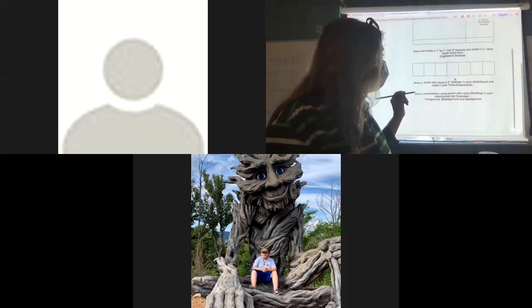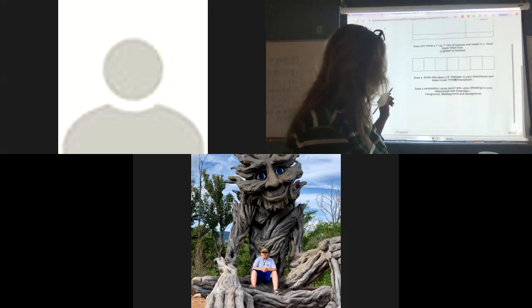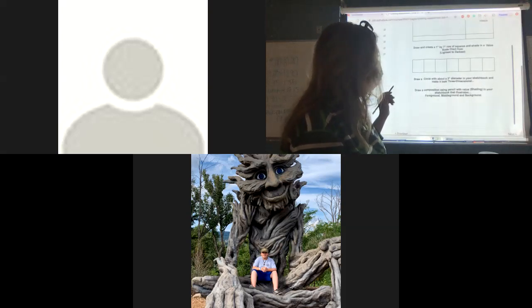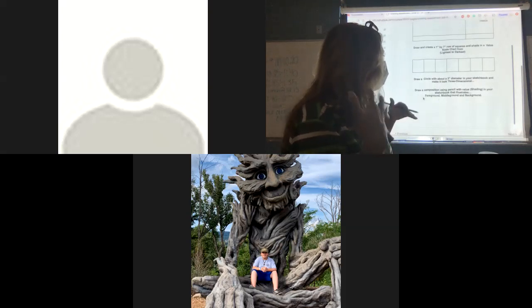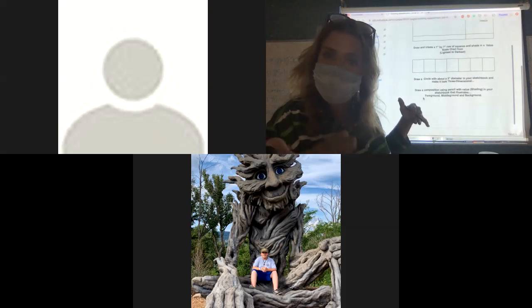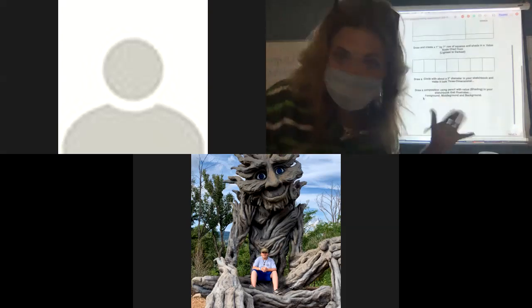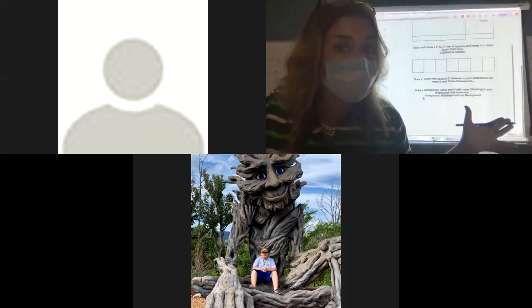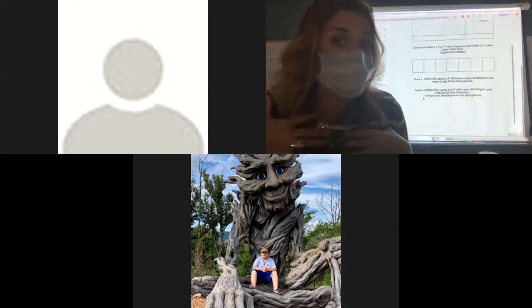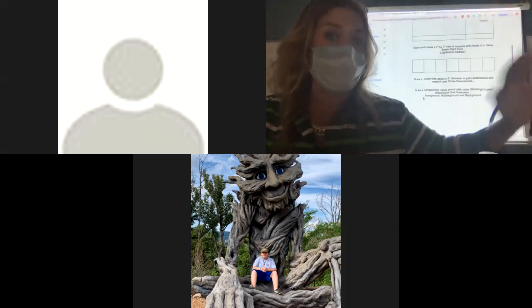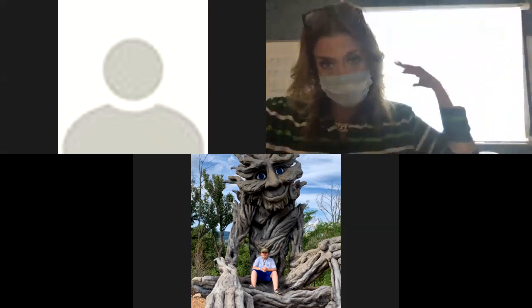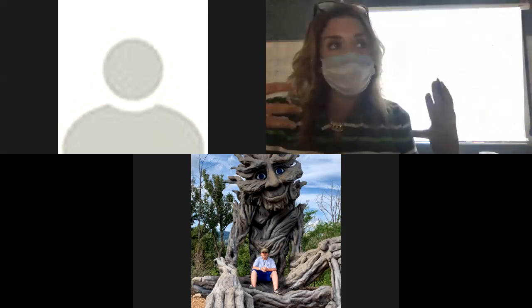Okay, and then the last thing you're going to do is draw some sort of drawing that shows the foreground, the middle ground, and the background. This is also something you might not know. I understand that. As we go on, we're going to do foreground, middle ground, and background. But just briefly,